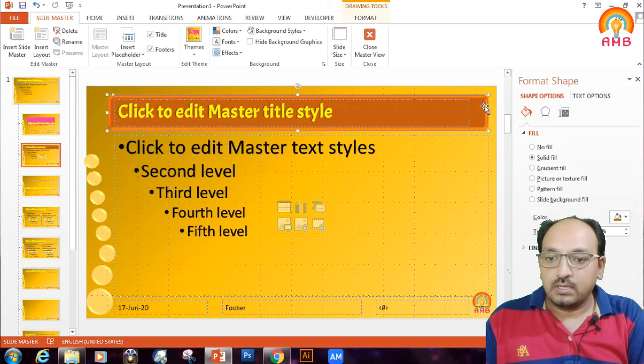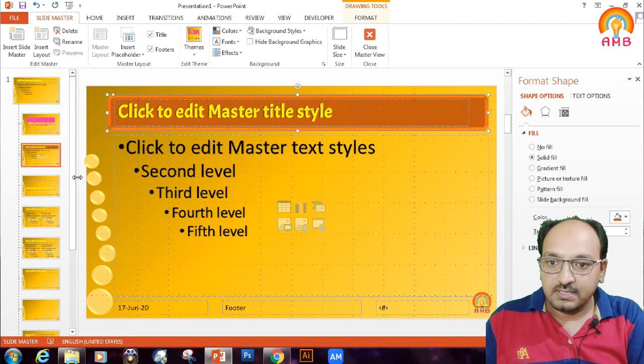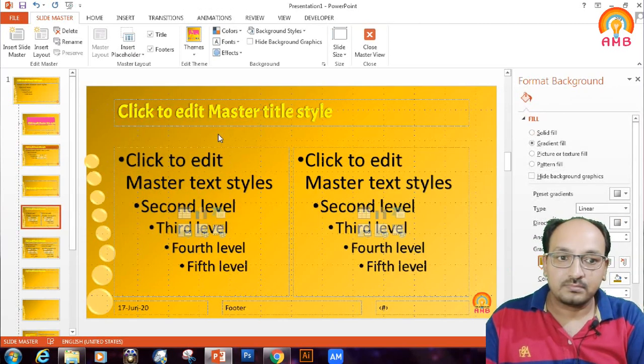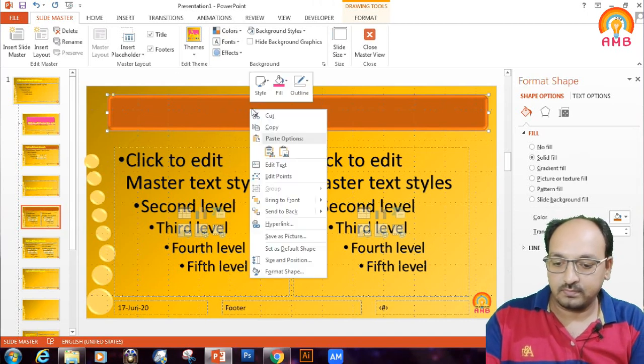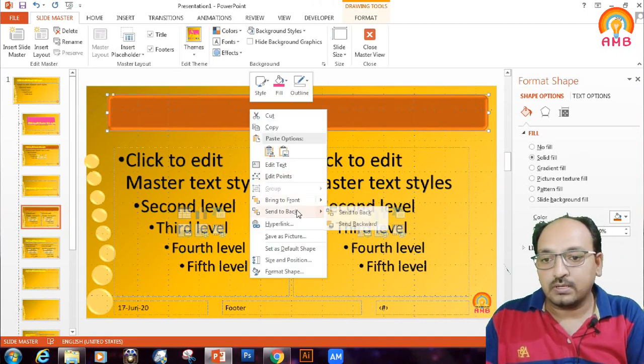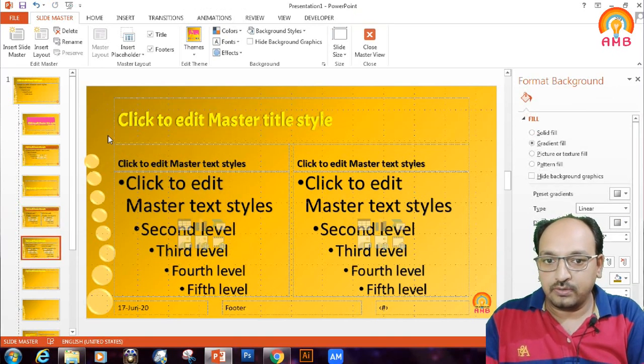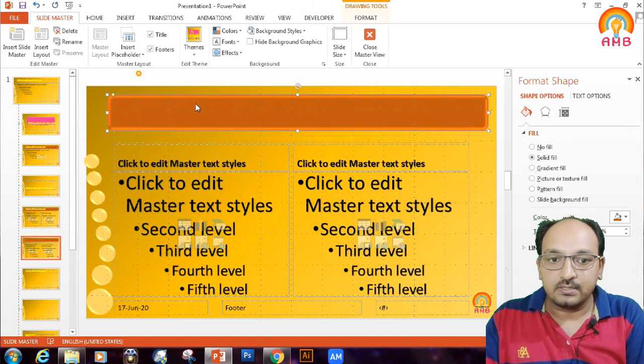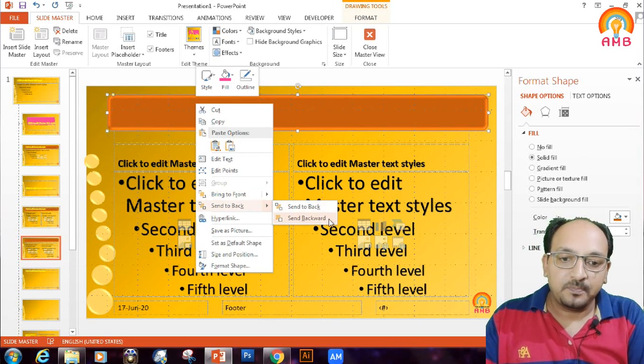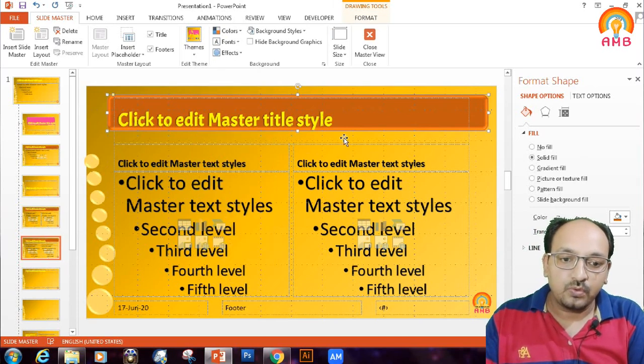Okay, here also if you want that rectangle background, you can Control C, copy it, and you can paste it here. So it will come here, and you can send it to back.